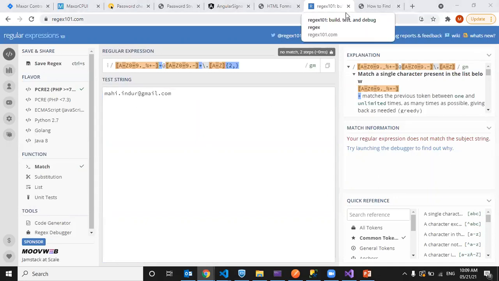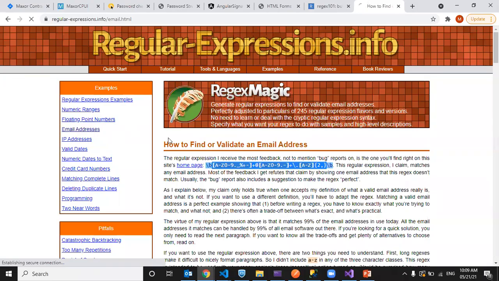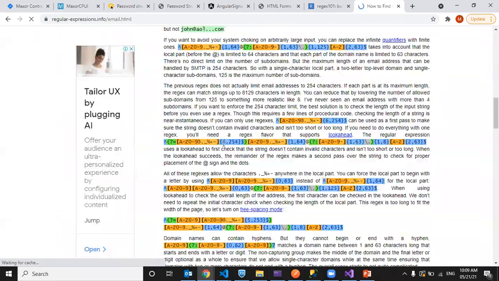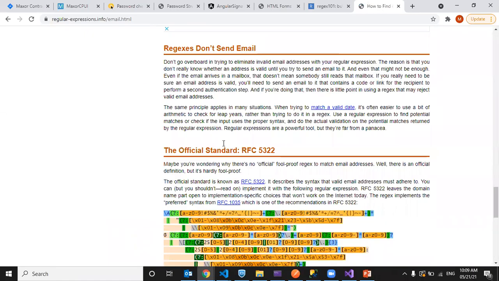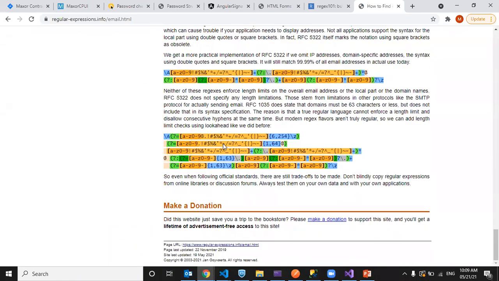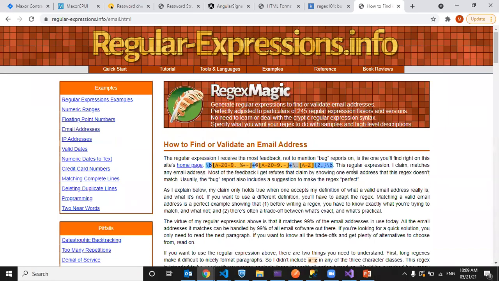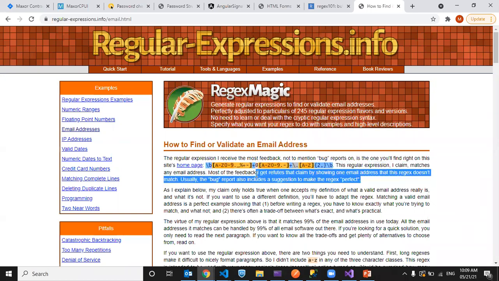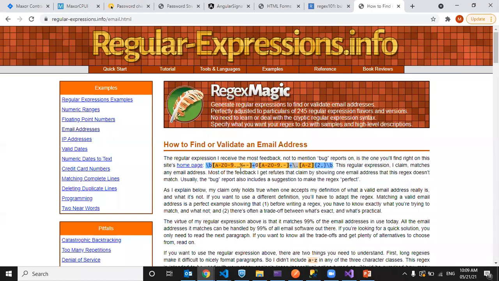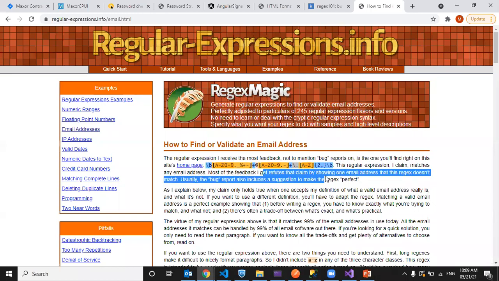Maybe this is not a valid expression, I guess. You said any email address, but most of the feedback says there is some issue with this, refuting that claim by showing an email address that the regex does not match.